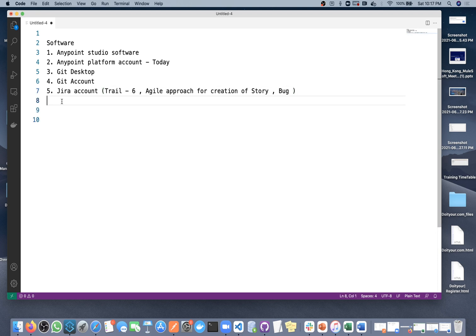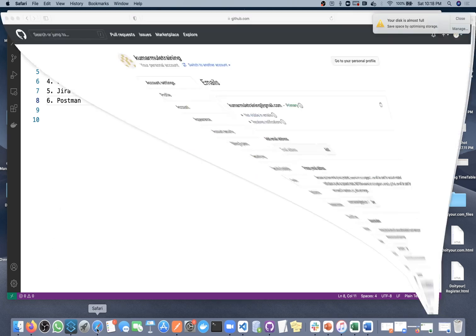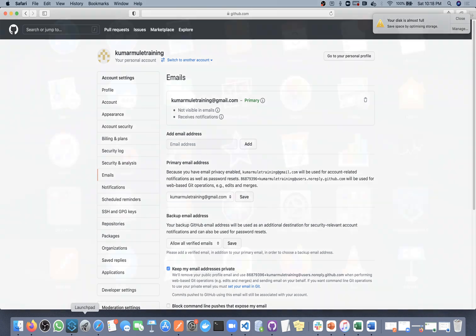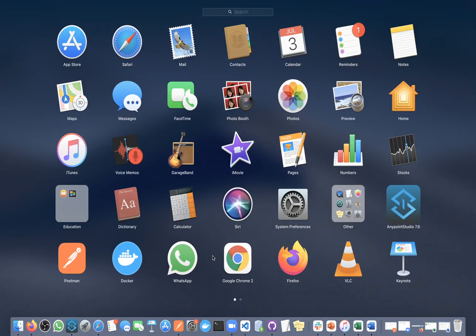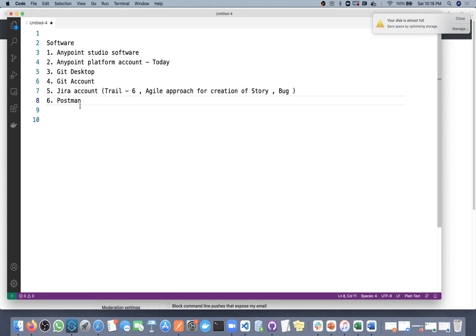Oh sorry, yes, correct. Next we are going to use Postman. SOAP UI is an alternative to Postman. Both we use to test our REST API or SOAP API. But I think Postman is widely used, and another one is, I think, REST something. Let me see the name. REST Client, correct, yes. So that one is also there, but I think Postman is widely used. Okay, so better be handy with Postman only.